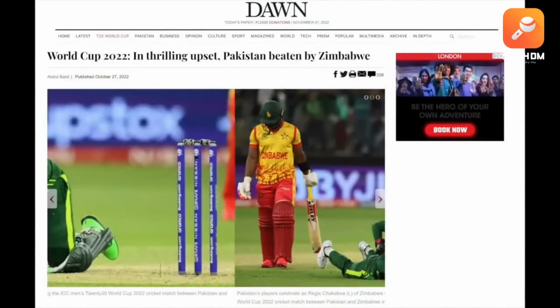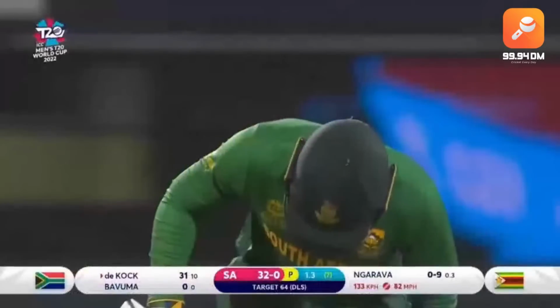No one actually knew what any of this meant at that point. South Africa still had a lot of games to go. Yes, if Pakistan had a brilliant tournament from then on in, it could cause problems for South Africa. But as Pakistan lost to Zimbabwe themselves, this game was kind of discarded. And now it looks like another match that cost them a crack at the World Cup.